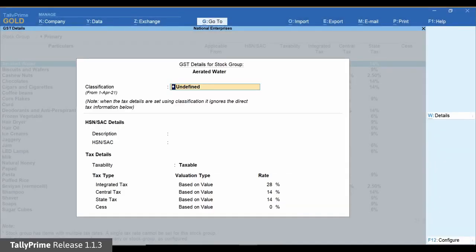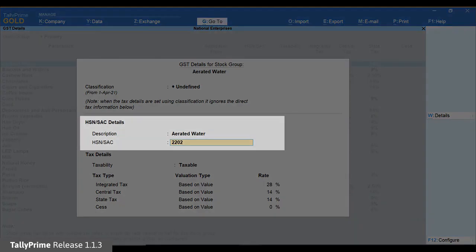As you can see, the description and HSN SAC fields have appeared under HSN SAC details. Enter the description of the items under description and HSN code under HSN SAC. These items have a 4-digit HSN code.